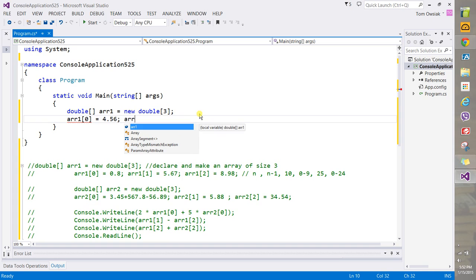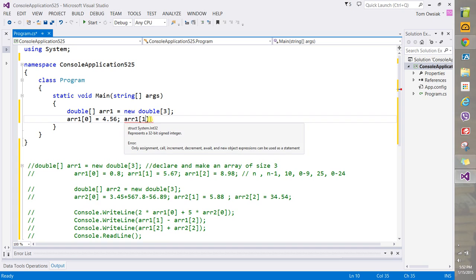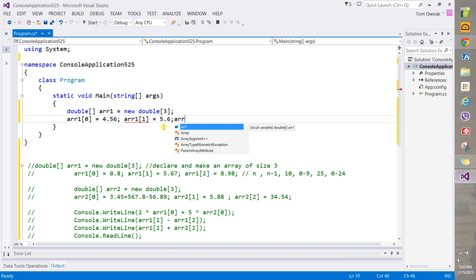Okay, then AR1, and then you're going to put 1 here, so that means index 1, which really means the second entry, as you can count from left to right, right? And you can put some value there, doesn't matter. And then let's do one more. There you go. And I've done 3 just to show you a pattern, which is the following. Like that, okay? So what you observe is that the length is 3, but the indices go from 0 to